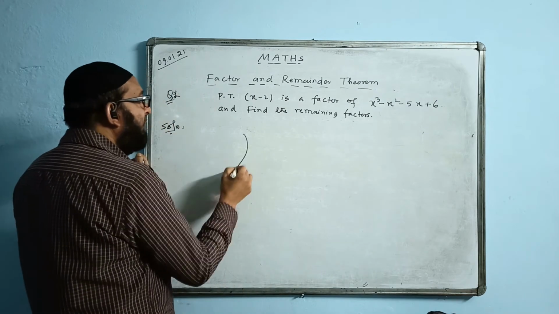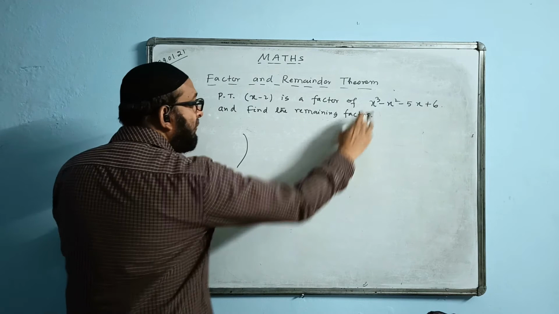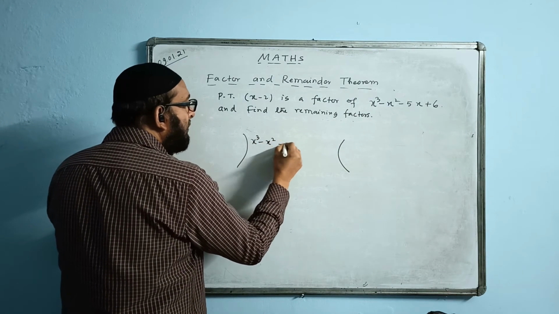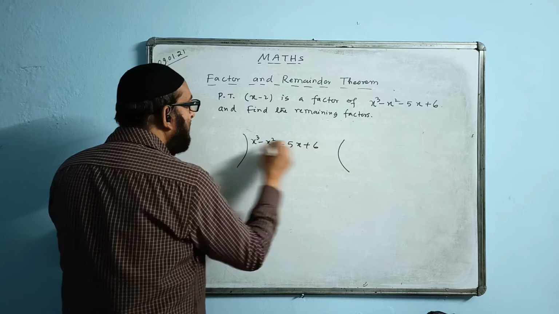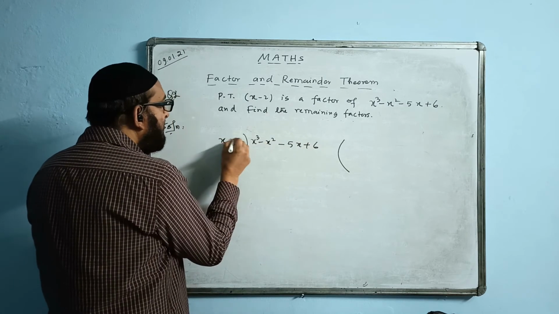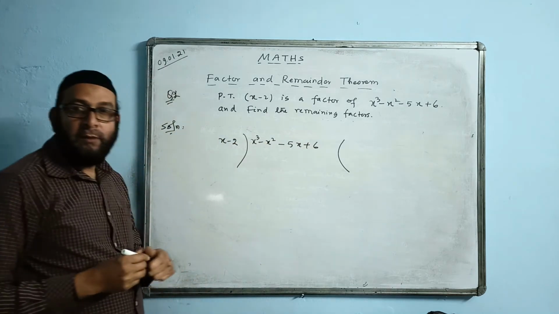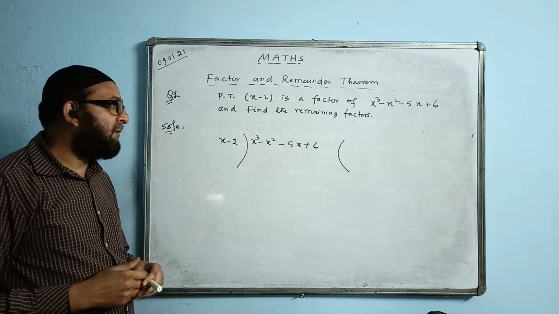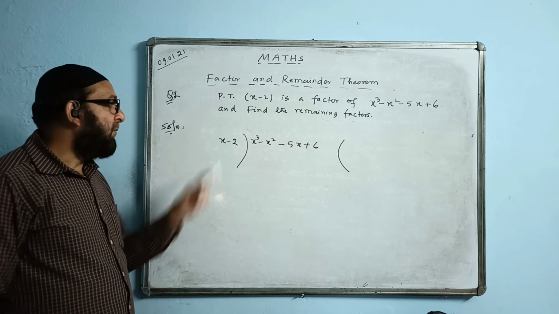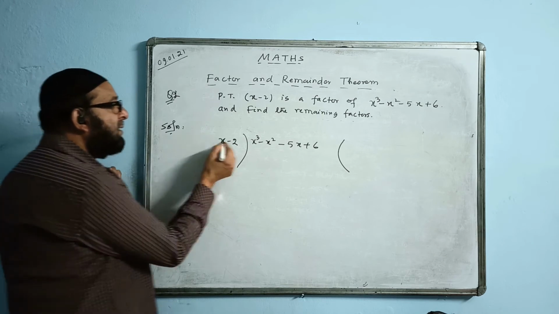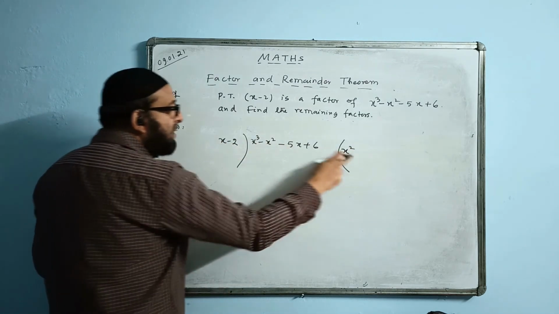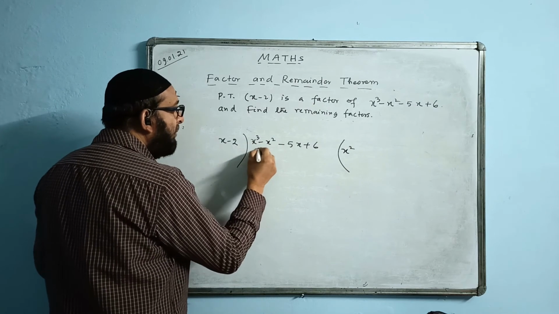We'll be going for division now. That is divide. What is the expression given? x cube minus x square minus 5x plus 6. We'll divide it by x minus 2. Okay. Let us see, in the lower classes also we have done division. I mean class 7, 8 used to divide. Make the first one equal. This is x cube. It will go by x square times. X into x square becomes this x cube. First one you have to make equal.